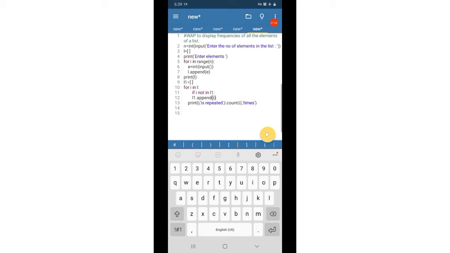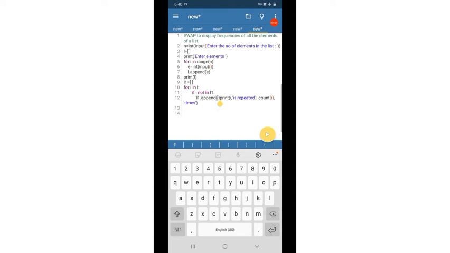If I is not in L1, where I is a variable that contains each element of list L. So if that value is not present in L1, then what we have to do is L1 dot append of I, that is the value in the variable I will be appended to the list L1, which is an empty list.